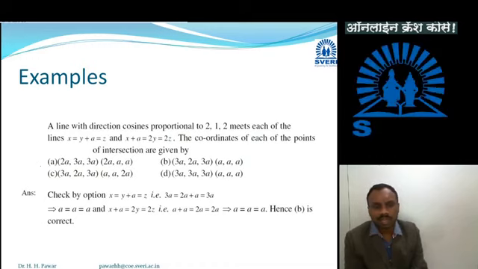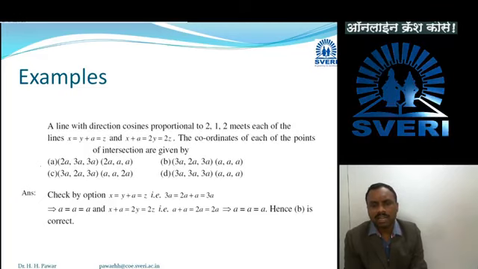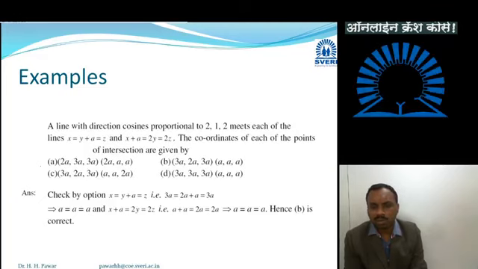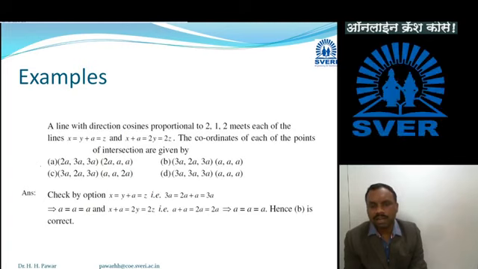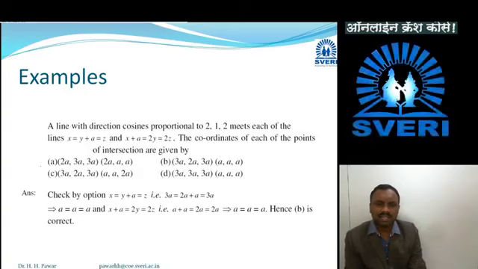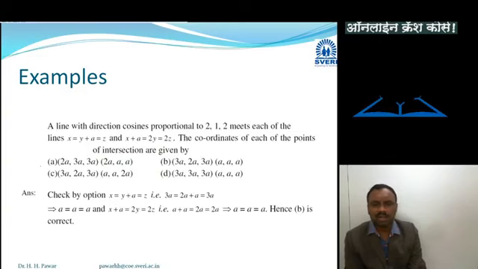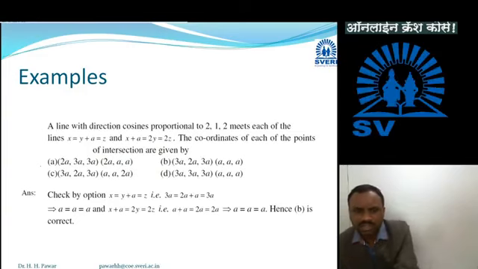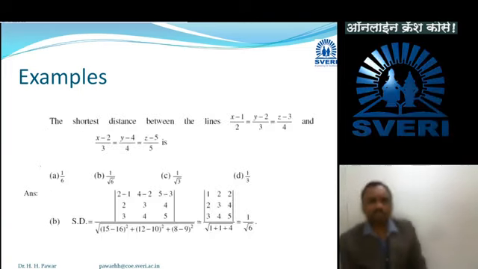For the second one, x plus a equal to 2y equal to 2z. So put here a plus a is equal to 2a, 2 into y, that is 2a, and 2 into z is again 2a. So it will give us a as the correct choice for this. Hence B is correct, then no need to calculate other options here. It is a short trick for this example.